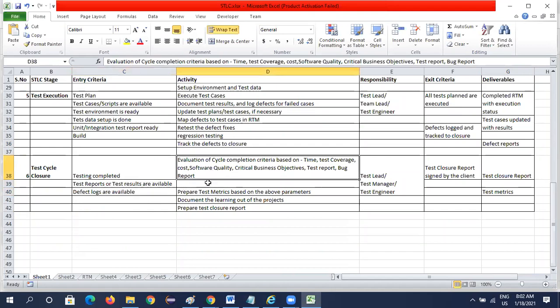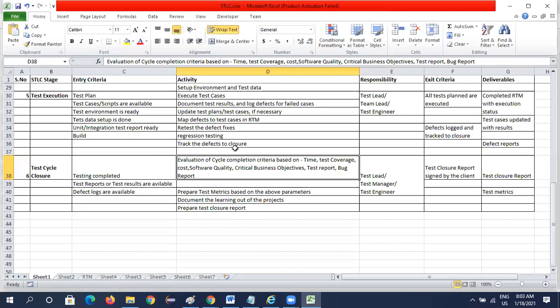Here in test cycle closure we evaluate the cycle completely: time, test coverage, quality, everything we'll find out. What is the critical business objective, what is the test report, what is the bug report, we'll be doing all of those.